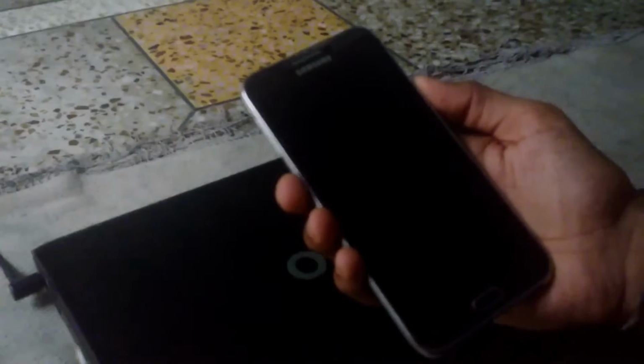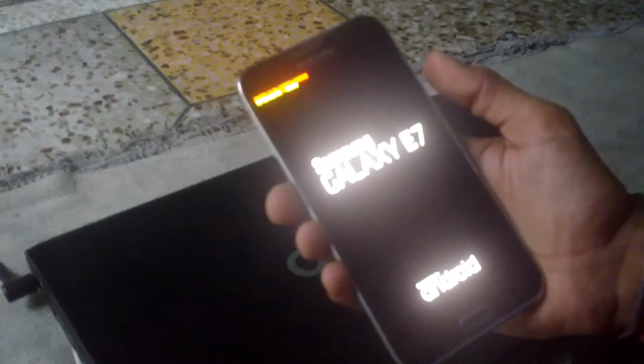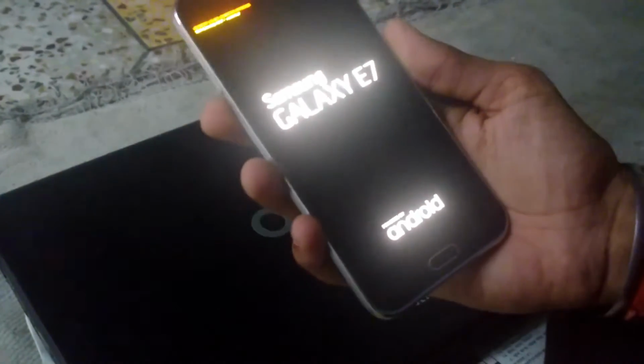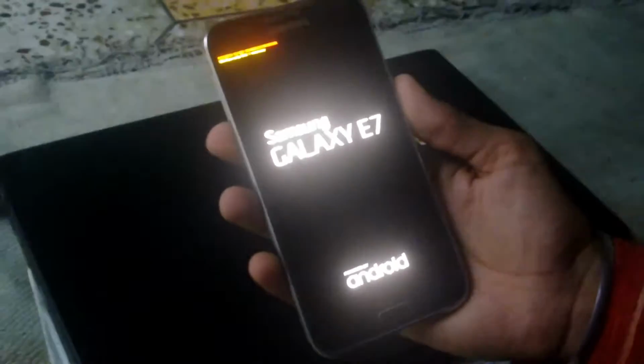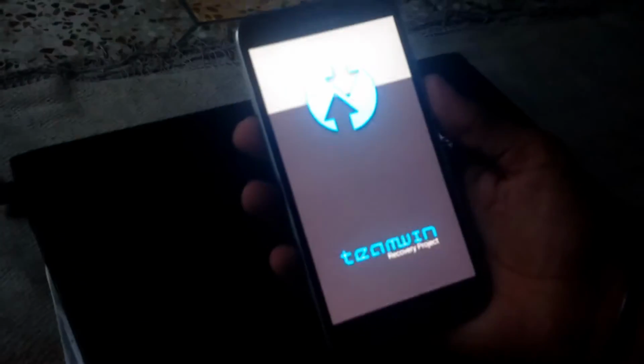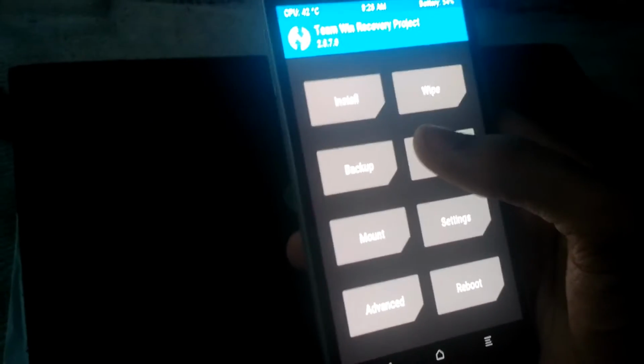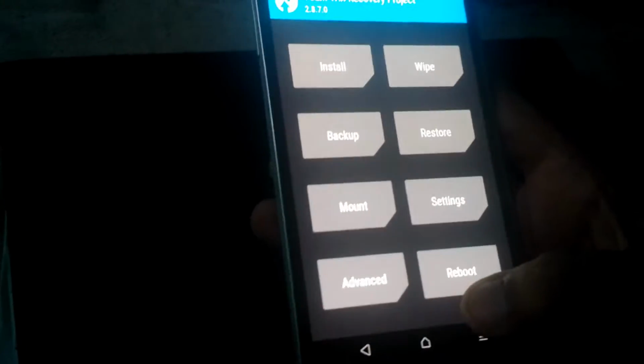Namaste. So guys, in this video I'm going to show you how you can fix the recovery error. Whenever you flash anything, you get stuck on the recovery like this. So I just restarted my phone, as you can see. It keeps going into the recovery, and I tried wiping almost anything, but it didn't work, and even the Android backup doesn't work. So now I'm going to show you how you can fix this.